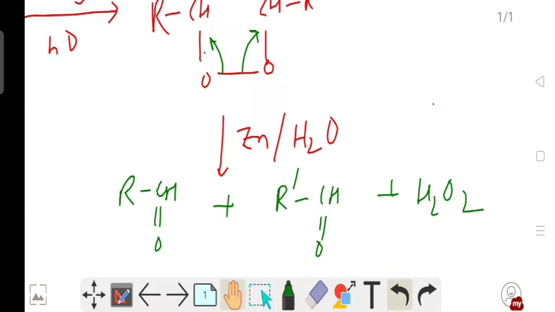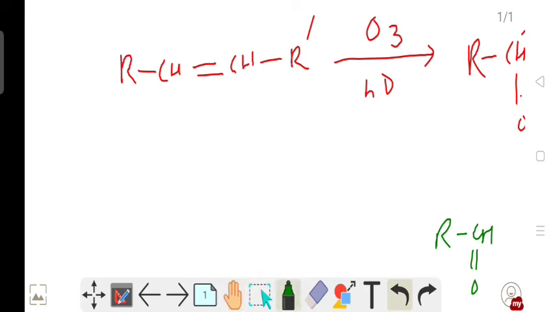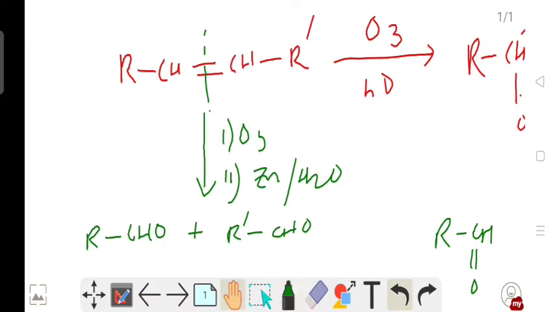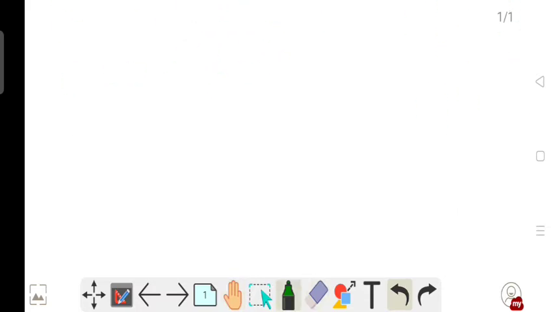So if you notice the final product, what is the final product? If you use first ozone and then zinc and water, then the final product will be RCHO and R'CHO. So the shortcut trick is just to break this double bond and attach oxygen to these carbon centers, then you can get the product. For example, if we take this molecule